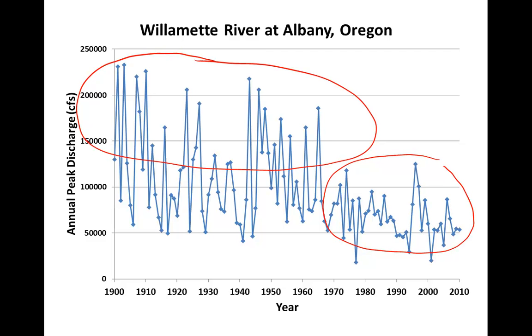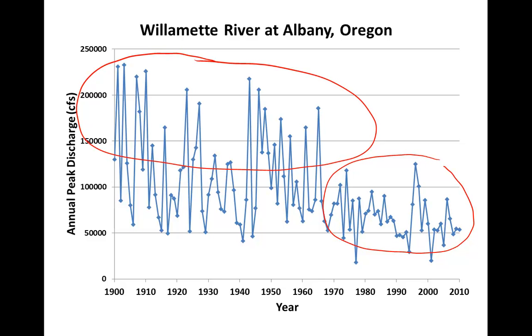This is reflecting the influence of dam construction on the upper Willamette and its tributaries. The dams serve a variety of purposes, but one of those purposes is to hold back water during periods of high flow, thereby reducing the peak flow events. In other words, reducing the size of floods on the lower river. The dams provide a storage capacity to hold water back upstream and then release it more slowly over time, thereby